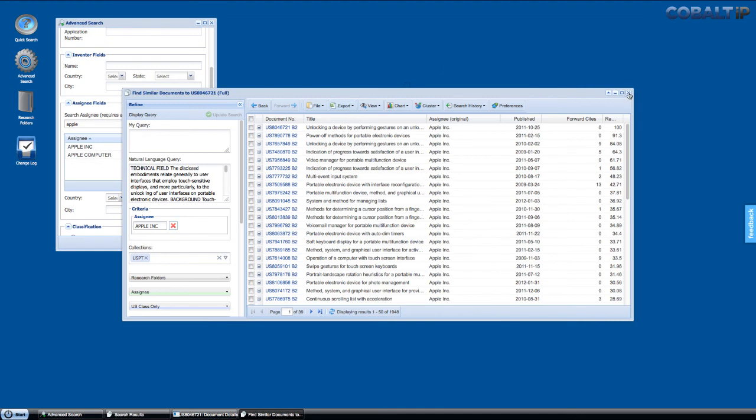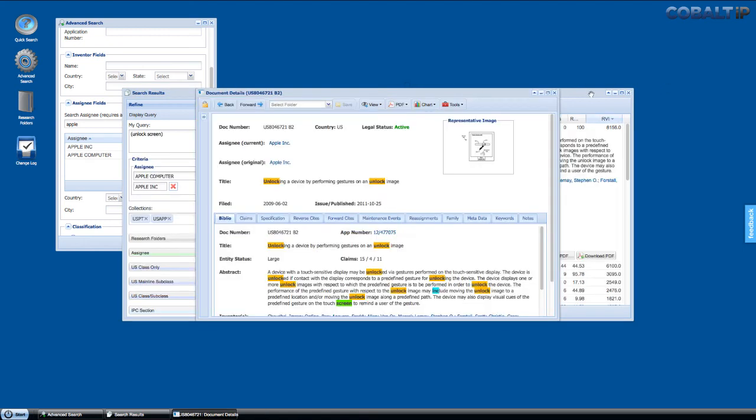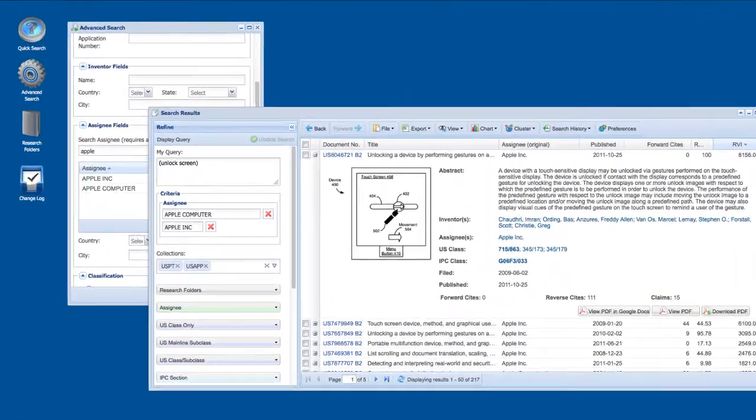So that's the first component of natural language, and it does take advantage of the new refinement panel. But really better than that, and something that was a real technical challenge for our team, was to get you facets that you could use in a meaningful way, and have them be really powerful. So enjoy that feature. You also could have gone into the advanced search window, and you're going to get the same exact results,